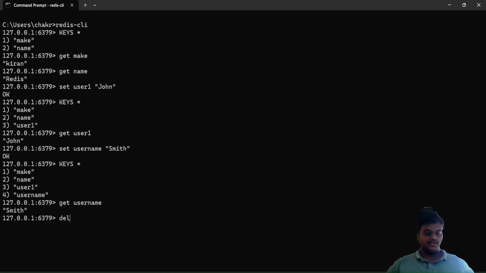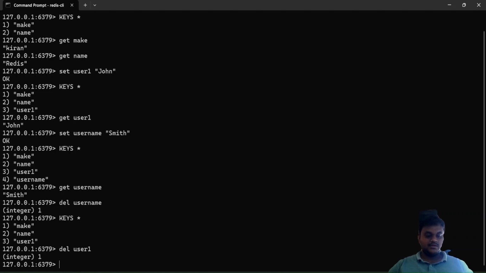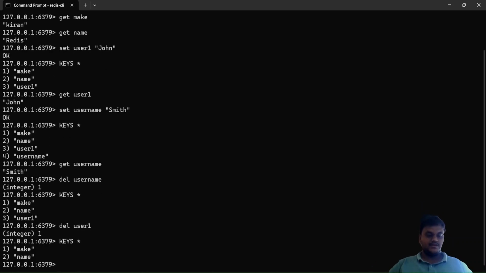If you want to delete that key and value, both, del username. See, one integer. If you want to see the keys, keys star, see that it is deleted. If you want to delete again, user1, keys star again. If you want to delete make also,